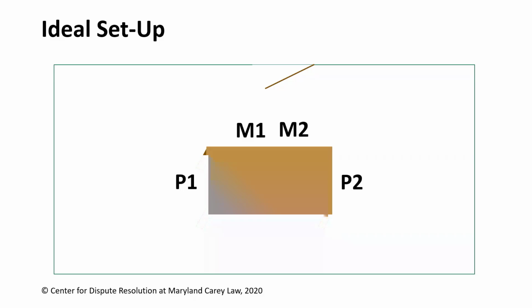The participants, P1 and P2, are at the short ends of the table. If a physical fight were to happen between the participants, the mediators would have a clear path to walk out the door. Also, for physical safety reasons, the participants are separated by the length of the table. When it comes to comfort with expressing oneself, having physical space between the participants is important because it can help